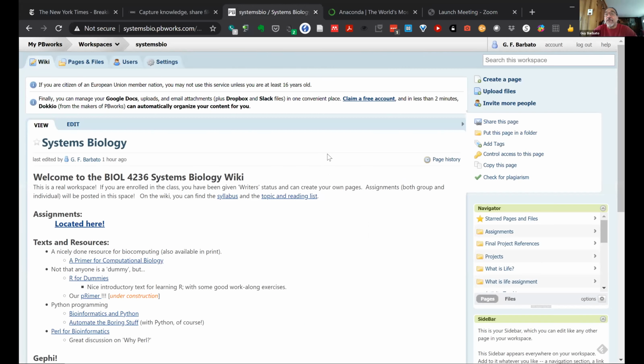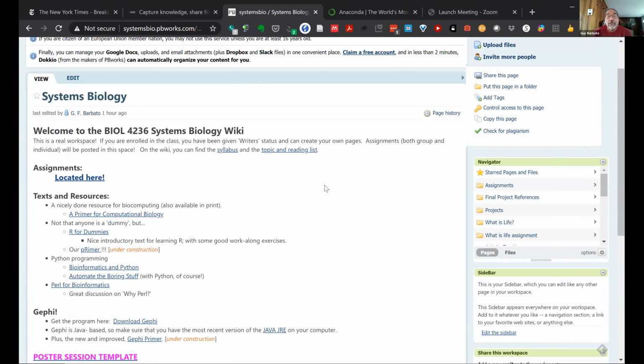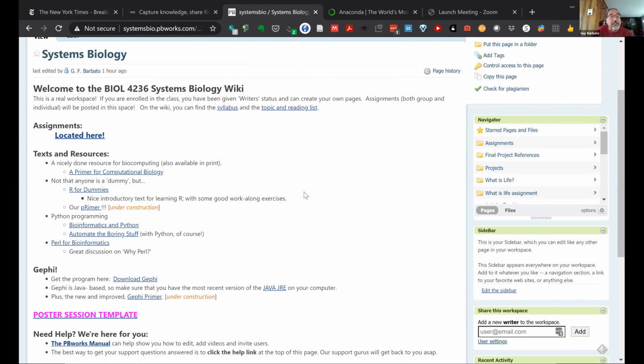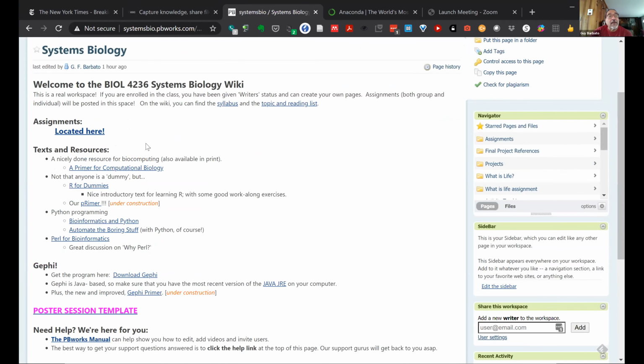There we go. Can you guys see the Pbworks page here? Yes. Okay, good. So this is just the front page of the Pbworks and all of the resources. This is a classic wiki. Okay, so this is a wiki, meaning that every page in here is related to a topic. And I've got a large amount of information here. The front page of the wiki has the assignments, which we'll look at in just a moment, but it also